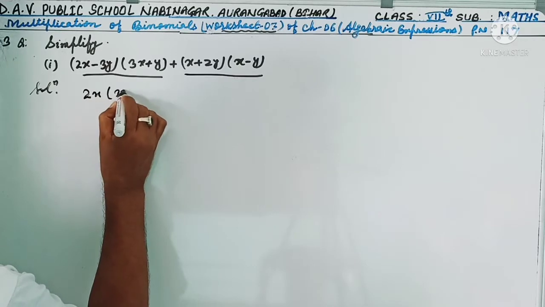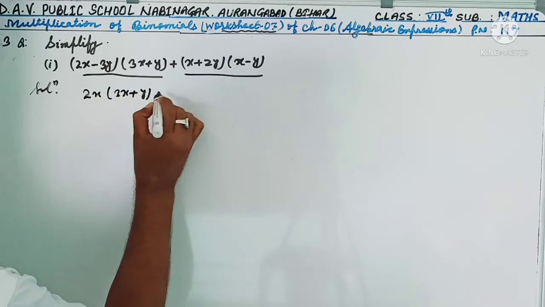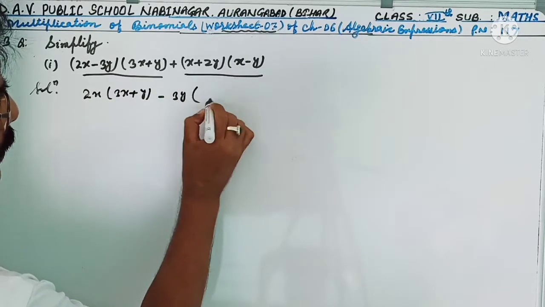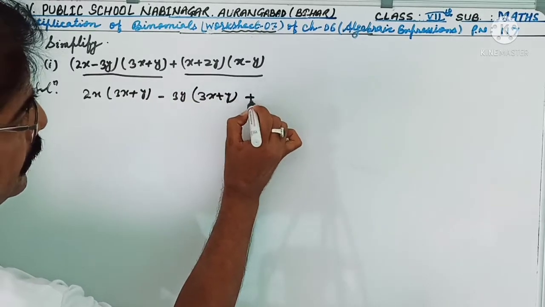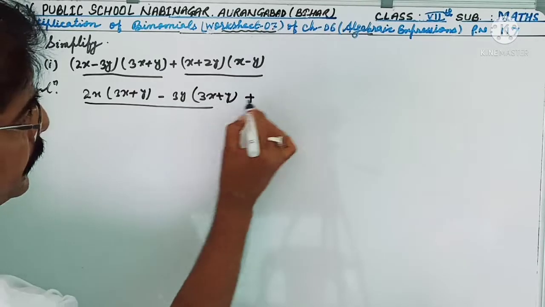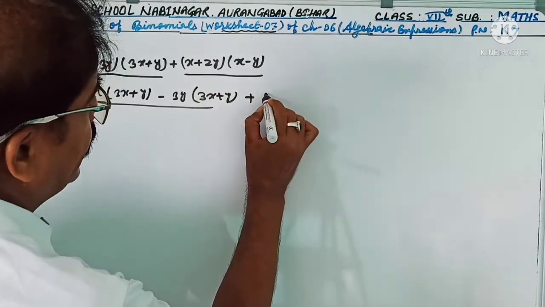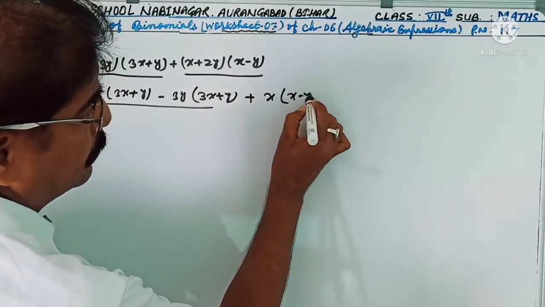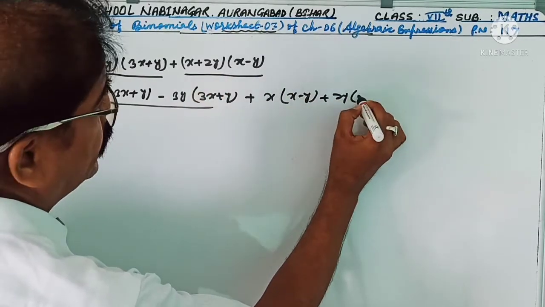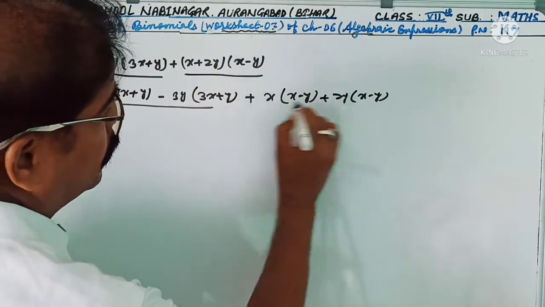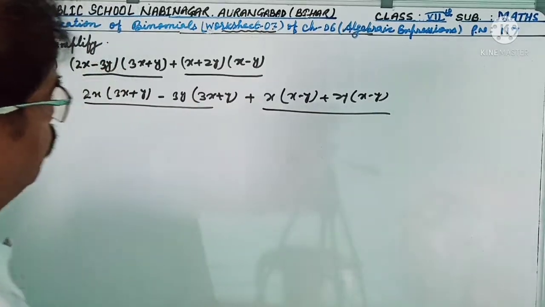So 2x into (3x plus y) minus 3y into (3x plus y) is the first step, and x into (x minus y) plus 2y into (x minus y) is the second step,